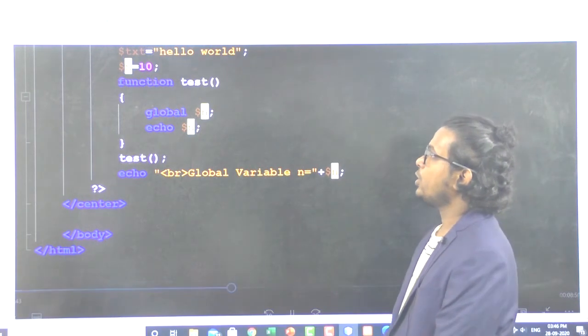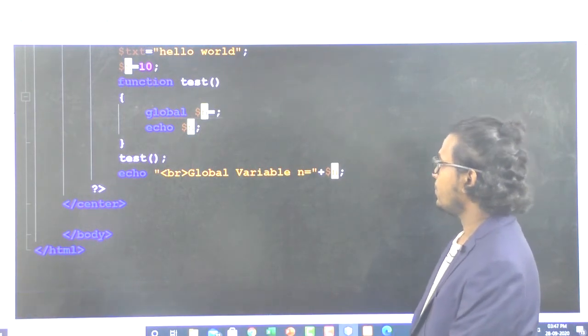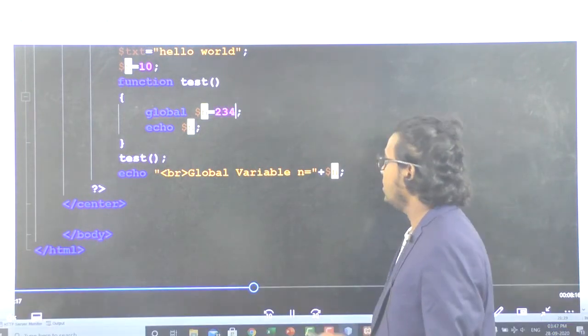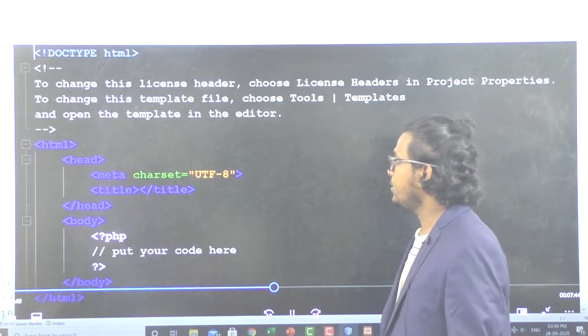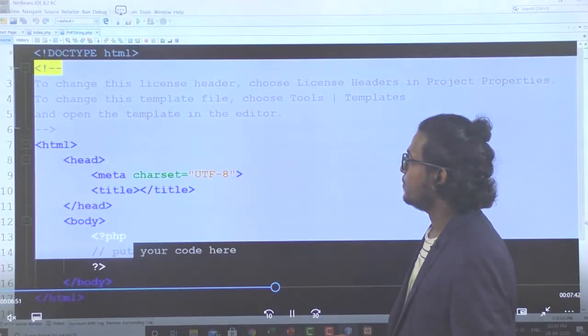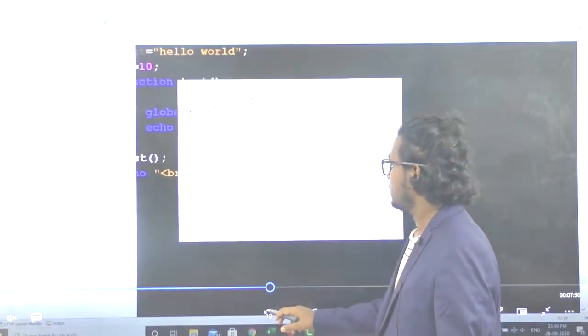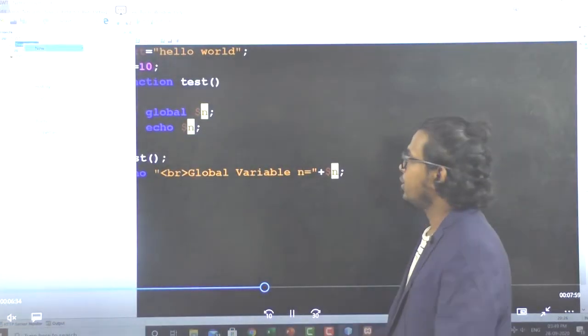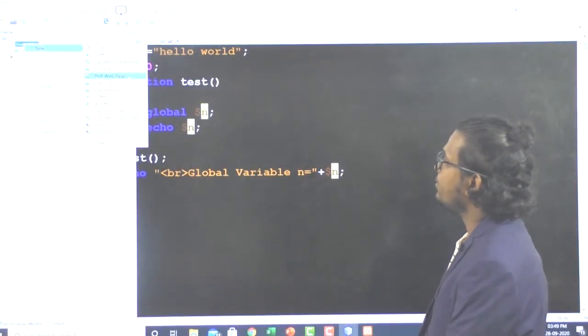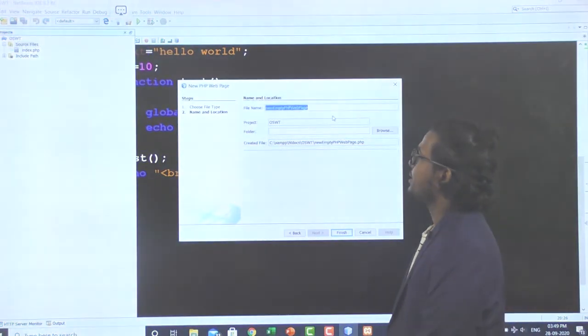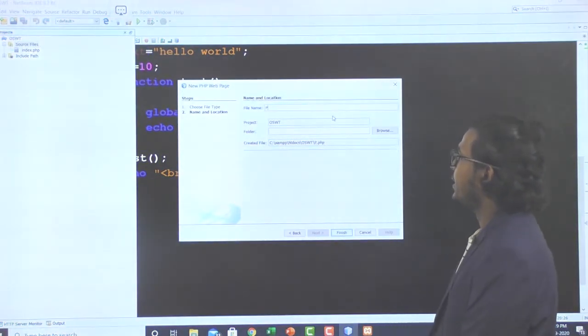Go to your project folder, click on next, click on PHP web page, and write your file name.